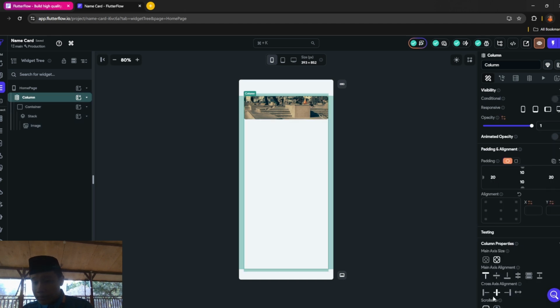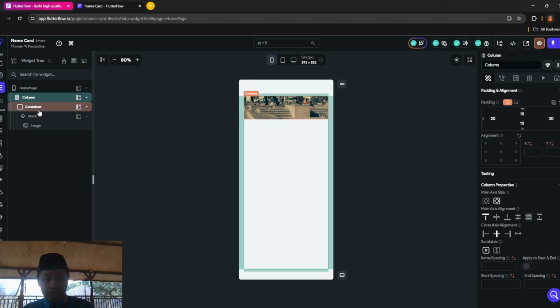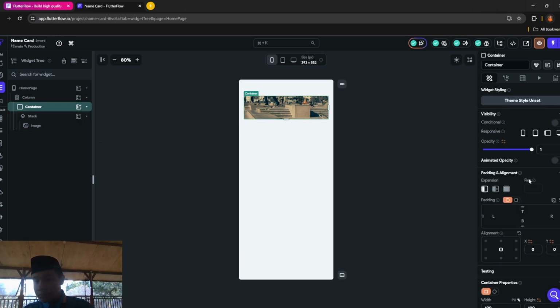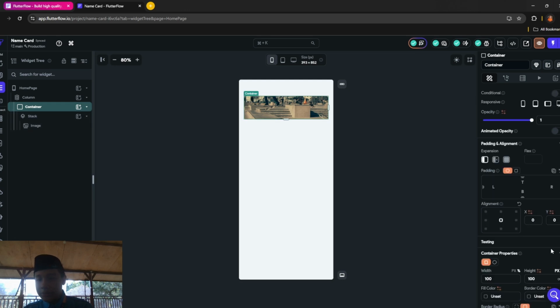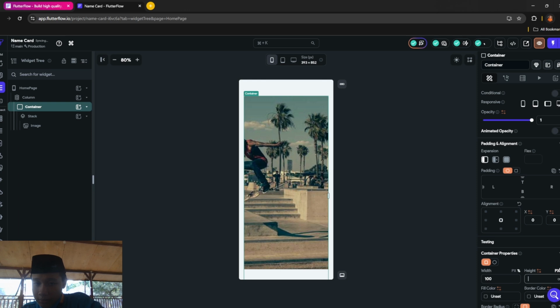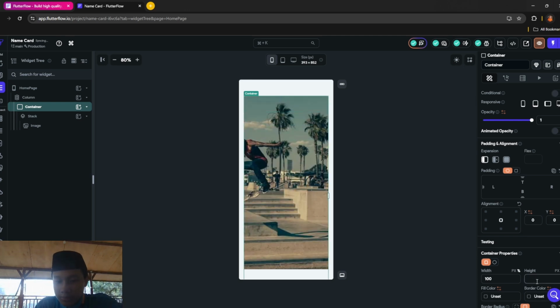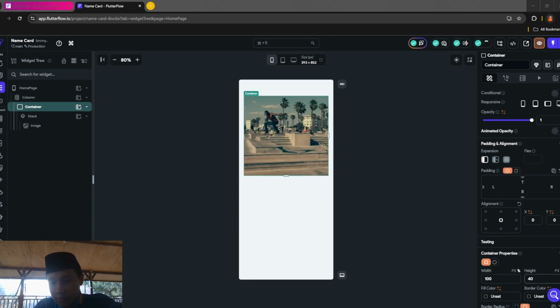Then first, we have to make this section first. There will be a banner and a photo profile. After this, you can just remove this and put the other container with information. For this, first maybe 80%, or 50%, 40% maybe.